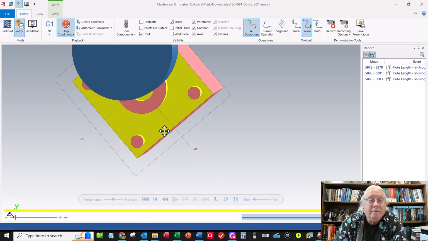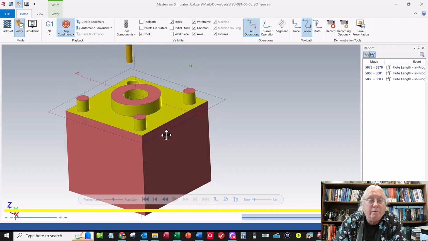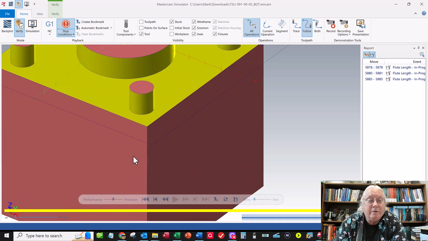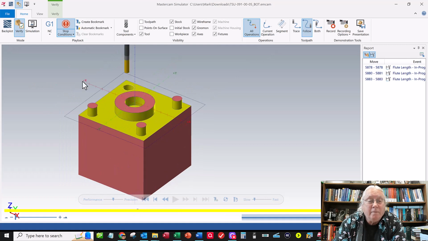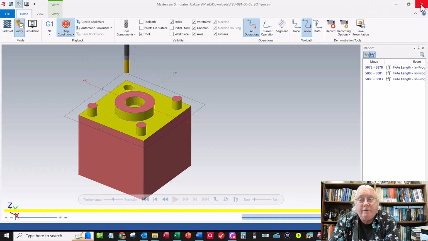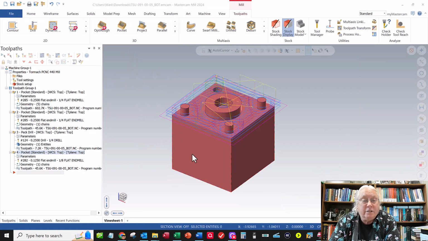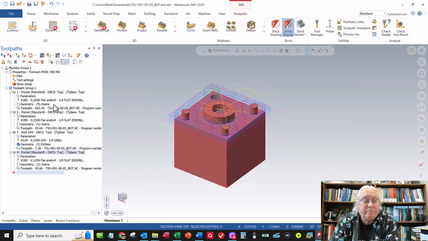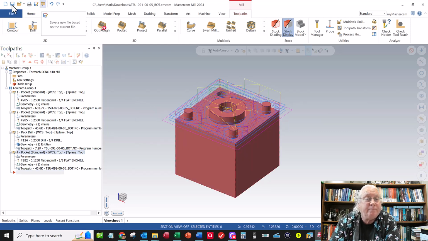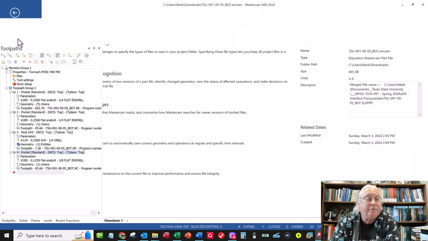So probably lots of, not probably, there are lots of ways to optimize this thing, but it looks like it's going to make my part pretty close. We'll check with the Makerspace folks and find out what kind of feeds and speeds we want to use for this material, and you can adjust those parameters accordingly inside Mastercam. So last thing I'm going to do is file save,